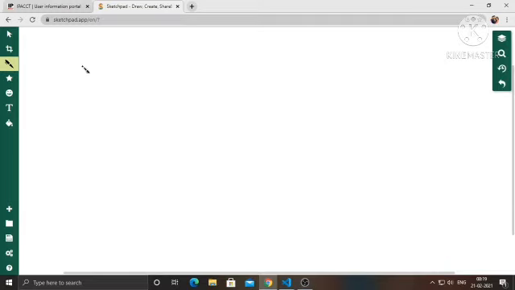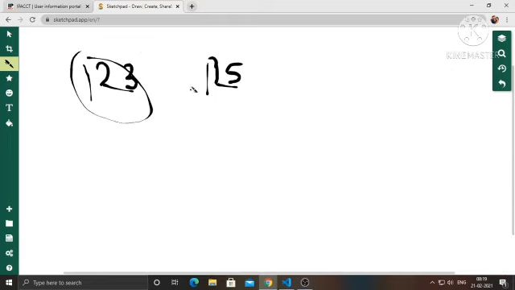Suppose the user enters the lower bound as 123 and the upper bound as 125. The loop starts from this number 123, sum is 0. We have calculated the sum in the while loop as 1 cube plus 2 cube plus 3 cube.